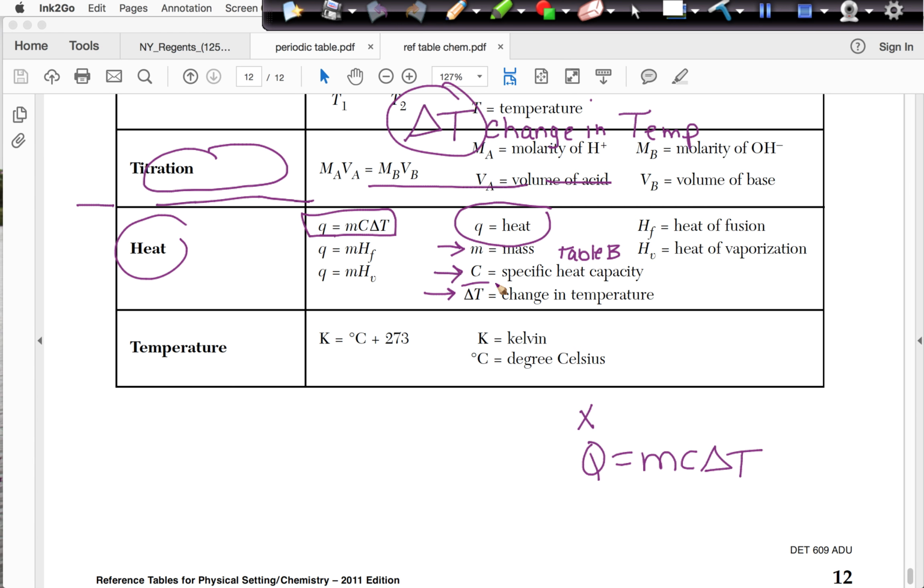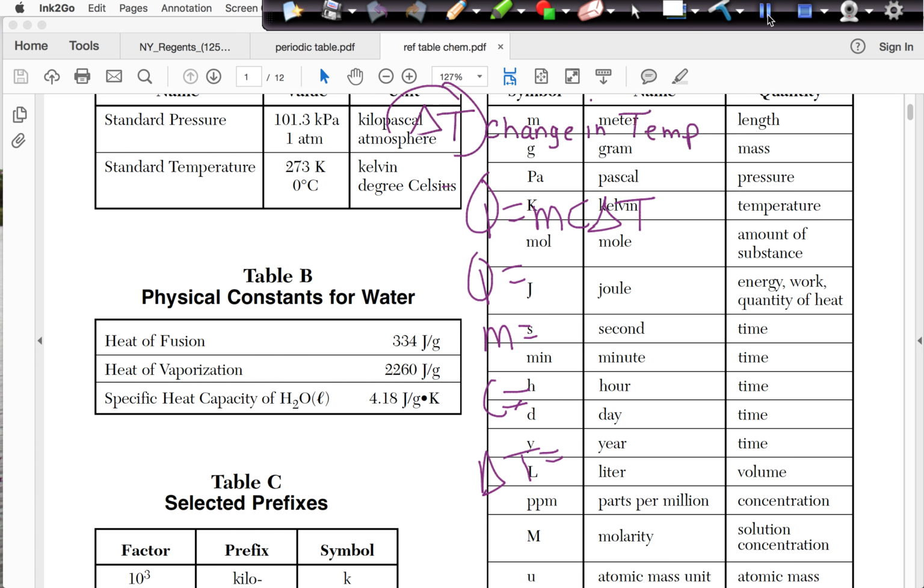So Table B has the specific heat capacity, heat of fusion, and heat of vaporization if we're talking about water. If we switch to the front of the reference table, to Table B, we see that if we're talking about water, we have the heat of fusion, which is for melting and freezing, the phase change, and heat of vaporization, which is for boiling